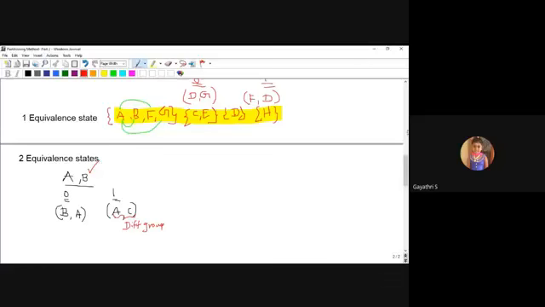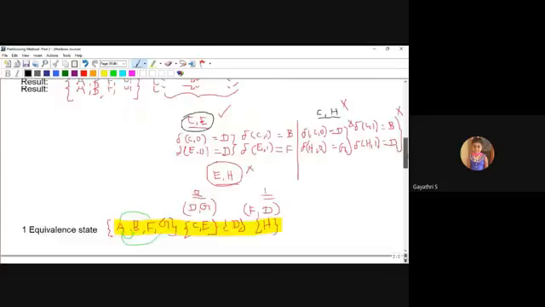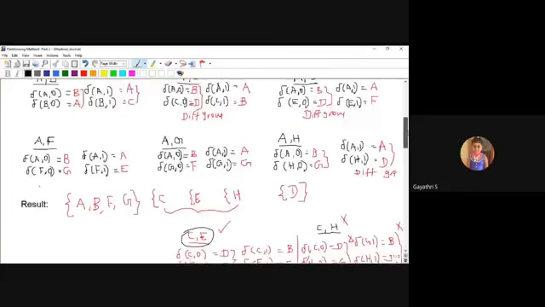Next, I will check another pair, A with F. We already made the comparison for 0 and 1 for the AF pair. On 0 it gives BG, then on 1 it gives AE.